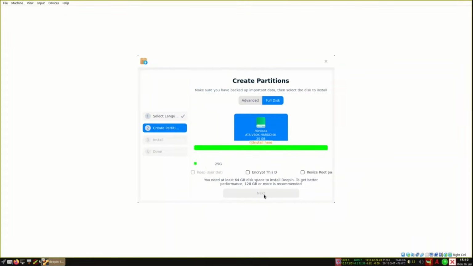So what you'll have to do is you have to do it manual in order to install it. But if you are lazy enough, like many others, you can go and get a 64 GB or 128 GB and you come back again and install it. But since I'm using 25 GB, I will use this 25 GB.